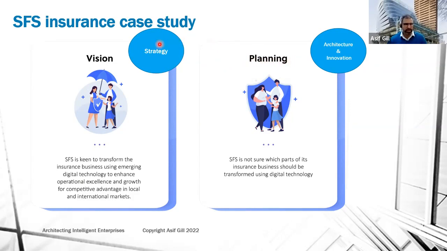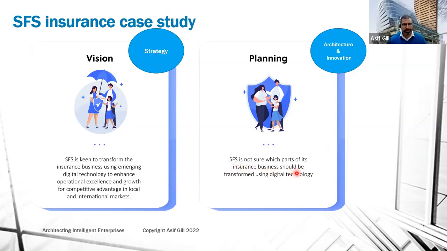And then there's the planning, and to deliver that strategy, we need to have architecture and innovation capability. I bring architecture and innovation together because innovation is not about bringing another app or other small module into play, or a feature or user story or module. It's about building the innovation into the design of the architecture of your organization. That's where it's a design-level innovation, and then that design can be implemented and planned. So that's where the strategy to planning, or vision to planning, is delivered via architecture innovation. That's what this bubble is around here.